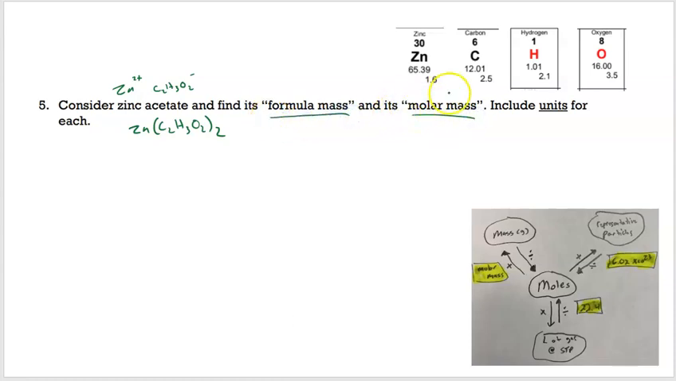Now, keep in mind, molar mass is going to be the same numerical value as the formula mass. We're just going to have to adjust units. All right, so let's find that formula mass. So we have 1 zinc with a mass of 65.39, excuse me, plus, now I have 2 carbons inside the parentheses, but I'm going to have to multiply that 2 by the 2 outside there, so I'm going to have 4 carbons,